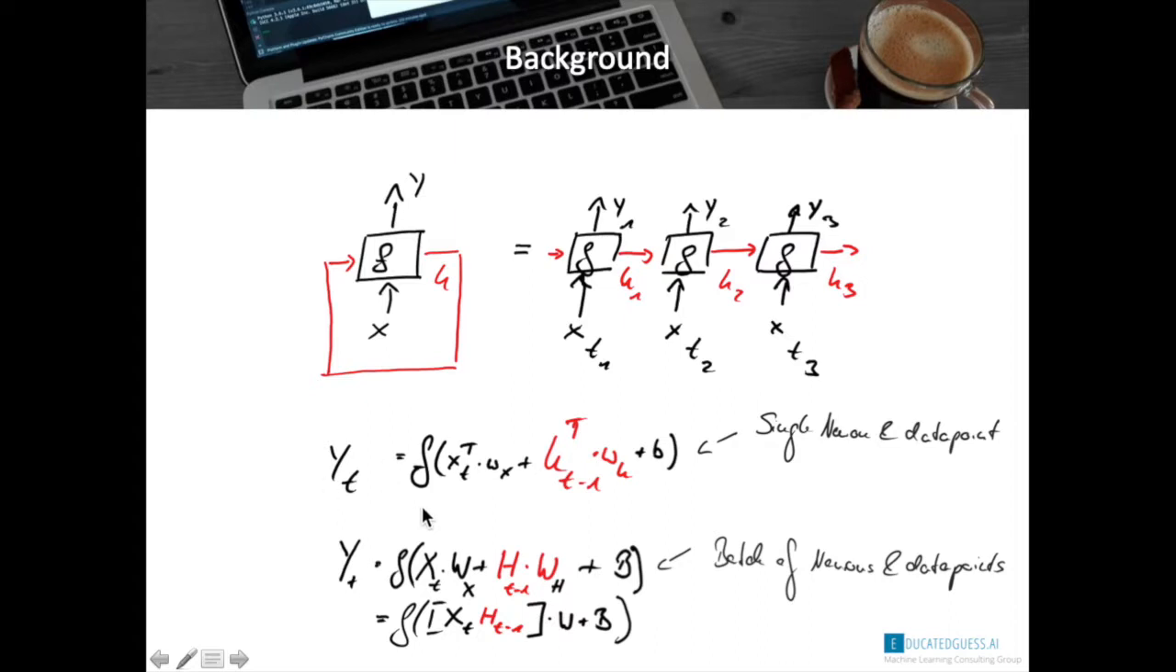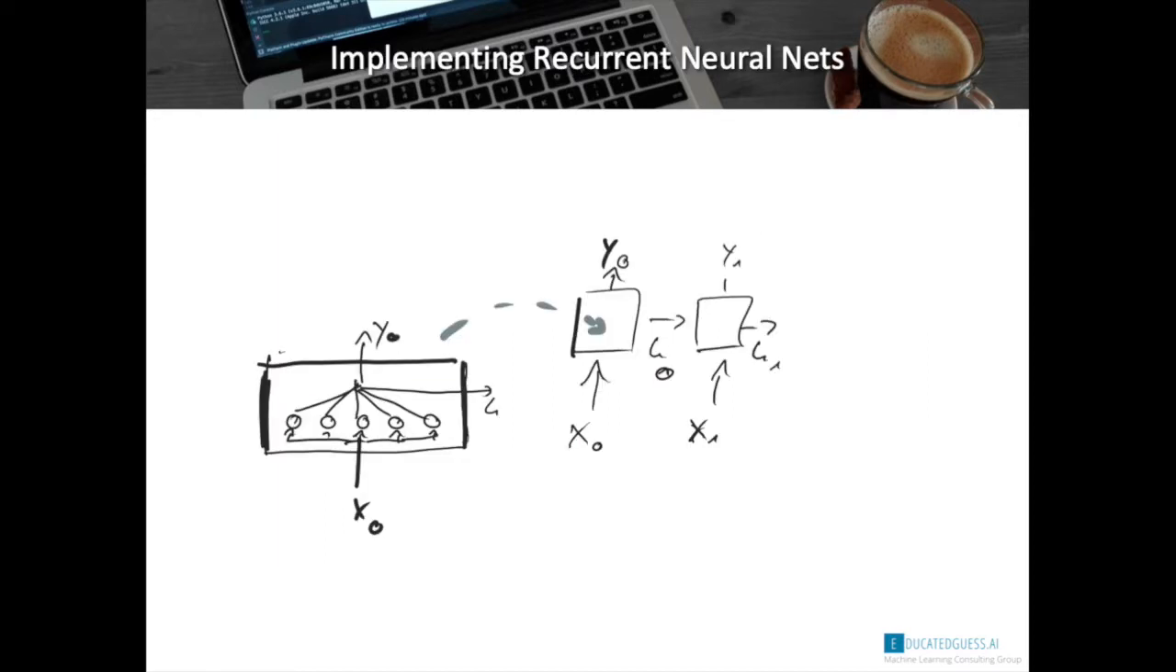Now we can also look at this for a layer of neurons and a batch of data points at time point t. Okay, so let's look at a possible implementation of such a recurrent neural net. So what we see here is actually an implementation of our